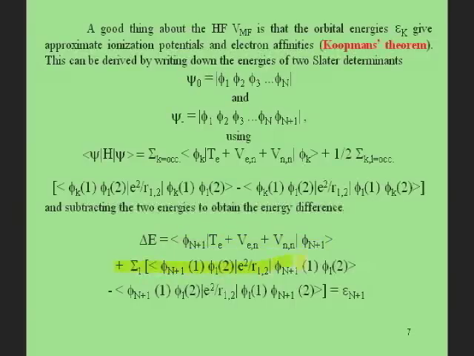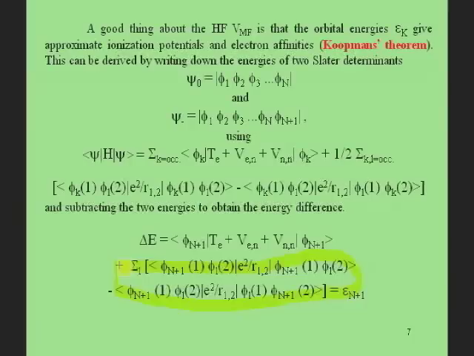Then the other terms are a little bit more complicated because in the n plus 1 electron determinant, you had Coulomb and exchange energies of interaction of that n plus first electron with all the other electrons. But in the n electron determinant, you didn't have those terms there because the n plus first electron wasn't there. So what you end up with is also the summation over L, L being all the spin orbitals that are